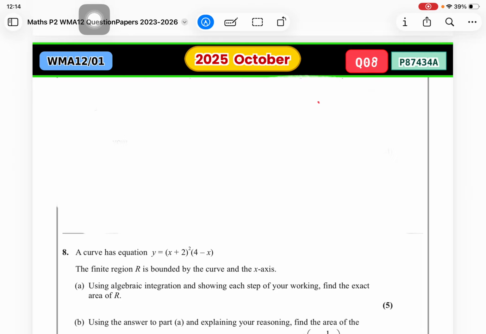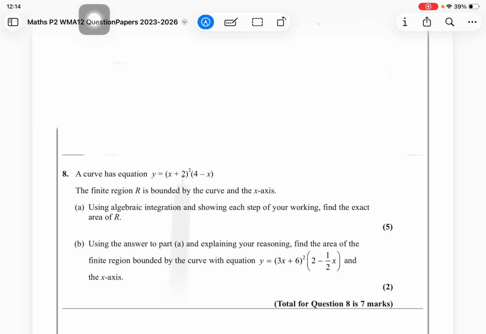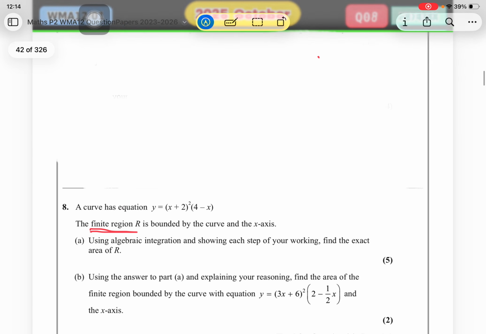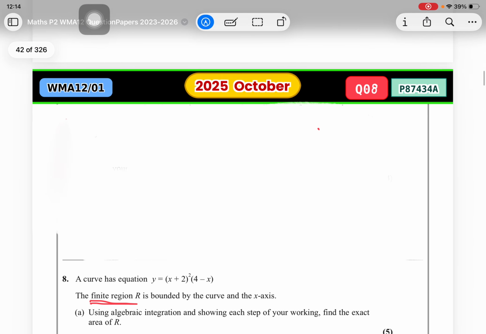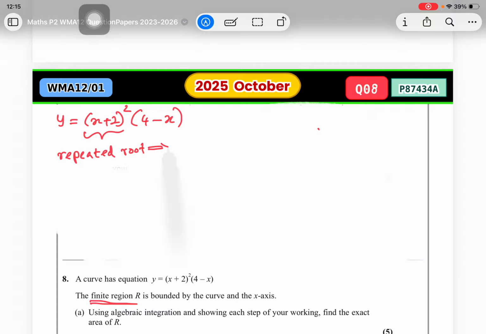Okay, now let's start with question number 8. In question number 8, they are talking about a curve which is (x + 2)² (4 − x), and there's a finite region between the curve and the x-axis. If we take y = (x + 2)² (4 − x), since it's a repeated root, the curve